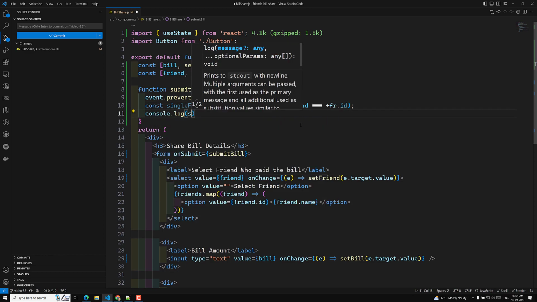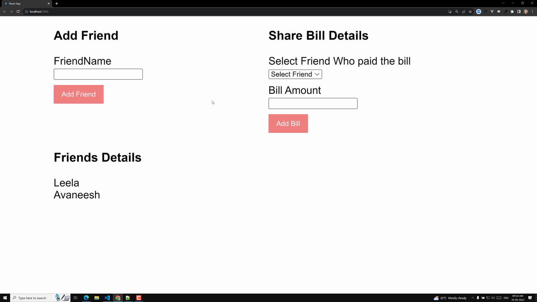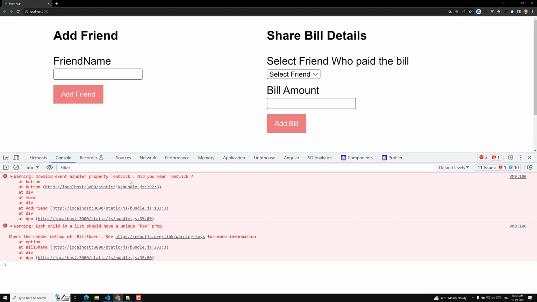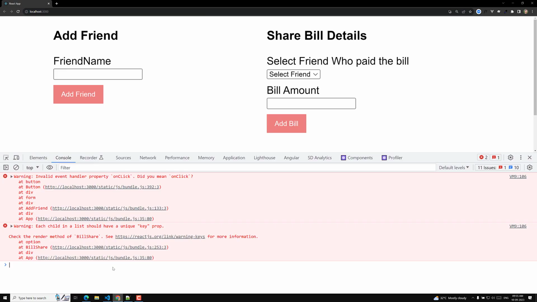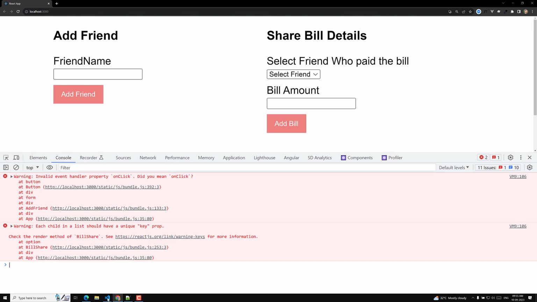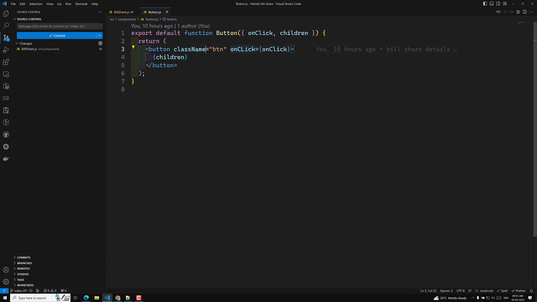So what is this single friend? If I try to show you the details for this one, whenever you are selecting this single friend drop down, here we will be able to get the friend ID. So here you will be having on click, where could be this one, on click, I think somewhere it could be vanilla.js, where it will be this one. Oh, we are not able to find. Okay, for the button, so that means for the button.js, so where we have read it, yeah, here. Okay, fine, done. Let's refresh this page,